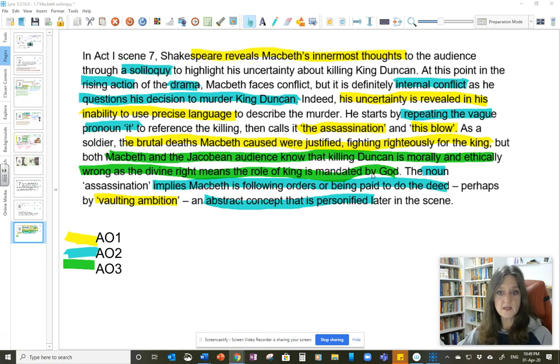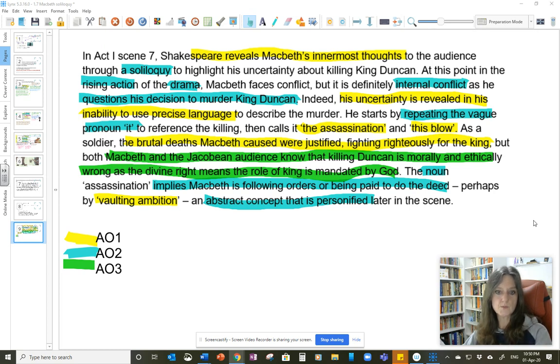And here, this is my AO3. Macbeth and the Jacobean audience know that killing Duncan is morally and ethically wrong. The divine right means the role of kings is mandated by God. So it's God who chooses who's going to be king. Okay, Duncan gets to choose his own heir. We know that from last time, but once Duncan has chosen his own heir, then God is kind of like